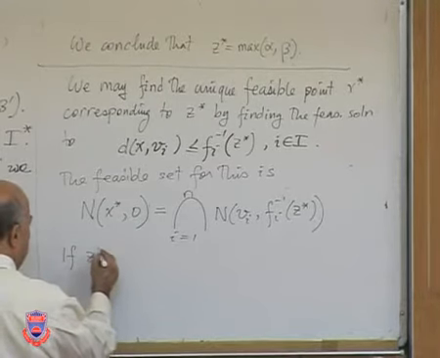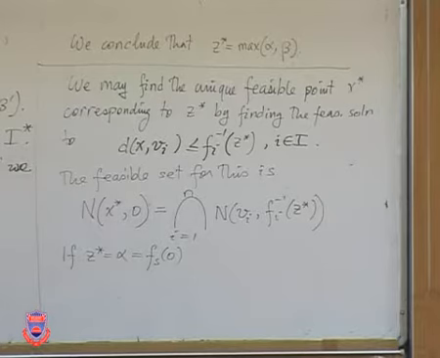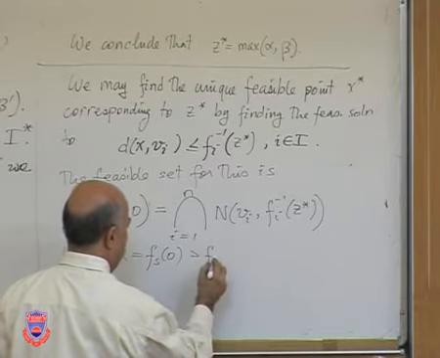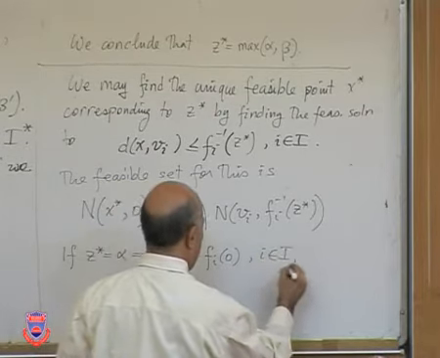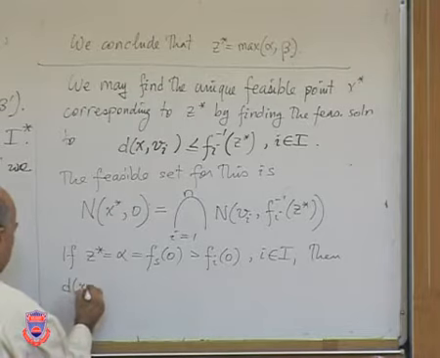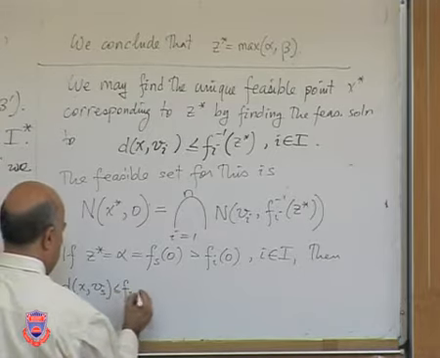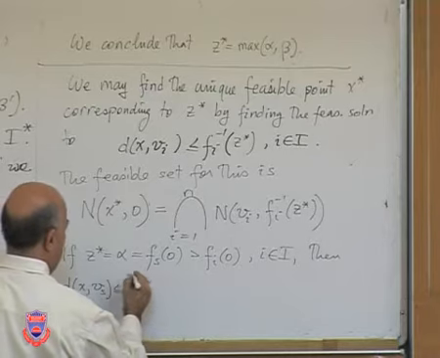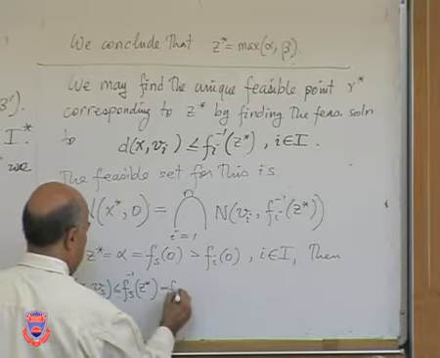If Z star happens to be alpha, which equals Fs of 0 for some index s, which is of course greater or equal, well, in this case it will be greater, than Fi of 0 for i in I, then the particular constraint relative to Vs will be equal to Fs of 0,